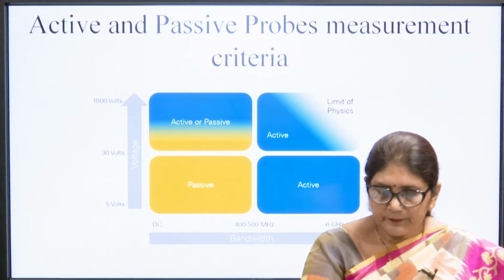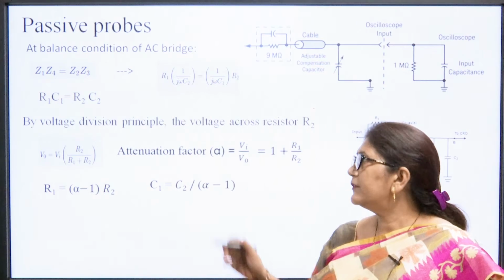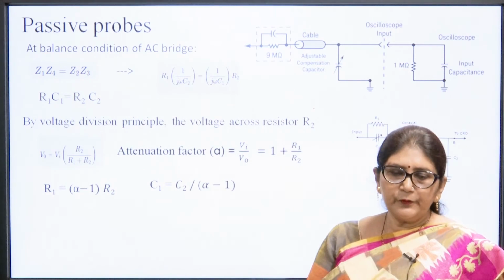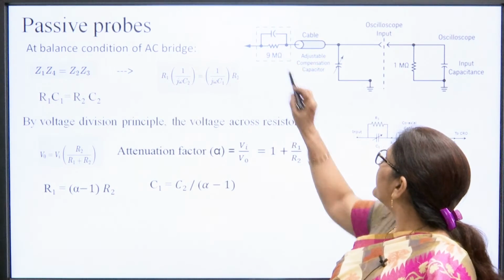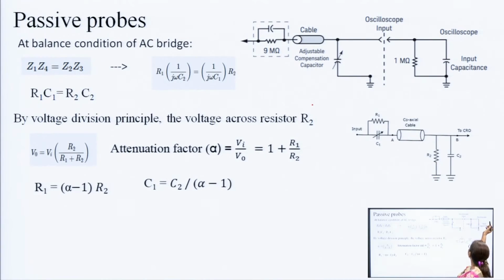So, this is the passive probe. In passive probes, this is the input of the CRO. The CRO input resistance is 1 mega ohm and capacitance is approximately 20 microfarad. This is the probe input, where we apply the unknown quantity, and suppose this probe